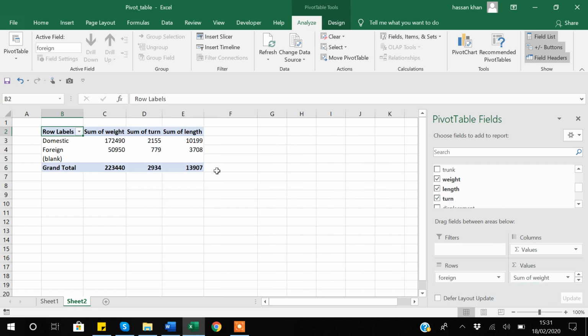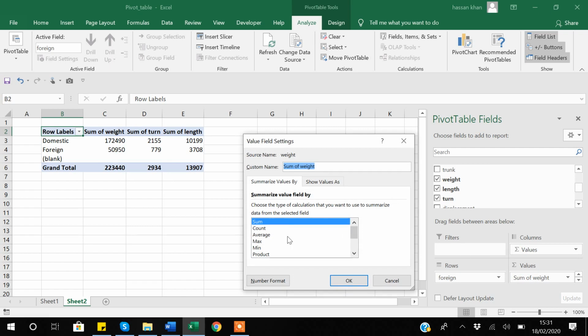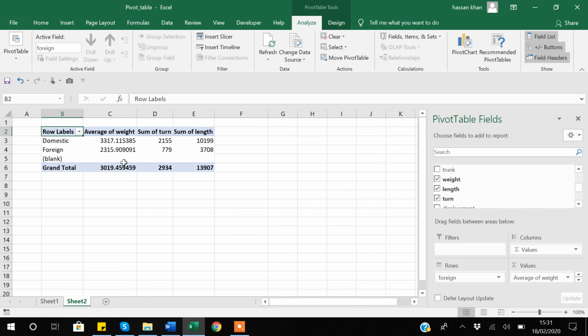But the point is that you don't want to see the sum of it. Probably you will be looking for the average weight among domestic and foreign. If you want to change the statistics, it's very easy. You go to the down arrow button, and there we have Value Field Settings. In the Value Field Settings we have different values available. Suppose I want to select average, and once I select it,